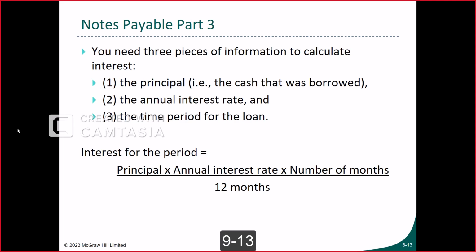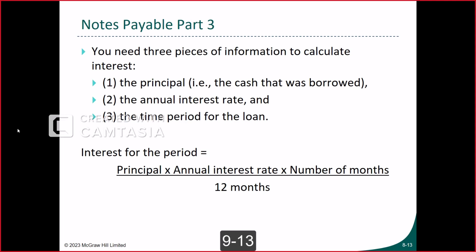In order to calculate the interest on the note payable, the mathematical formula is simple: the principal amount times the annual interest rate times the number of months out of 12. So if we have a note payable of $1,000 with an interest rate of 5% for a period of 120 days, 4 months, the interest would be $1,000, the principal, times the annual interest rate, 5%, times